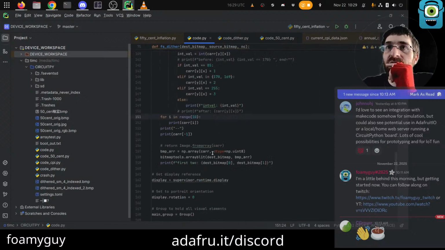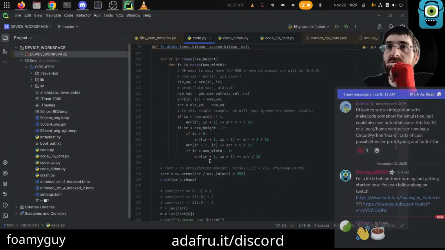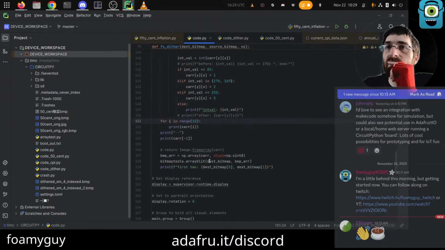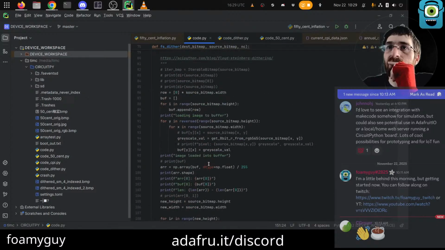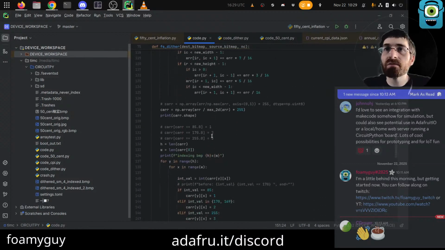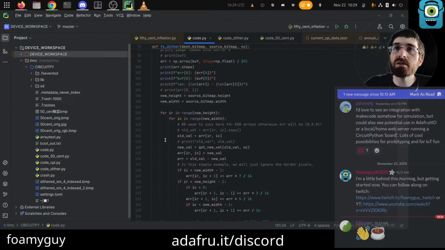It would be a shame to lose some of the stuff like array blit. So, okay, let's try one thing here. Instead of this indexing,